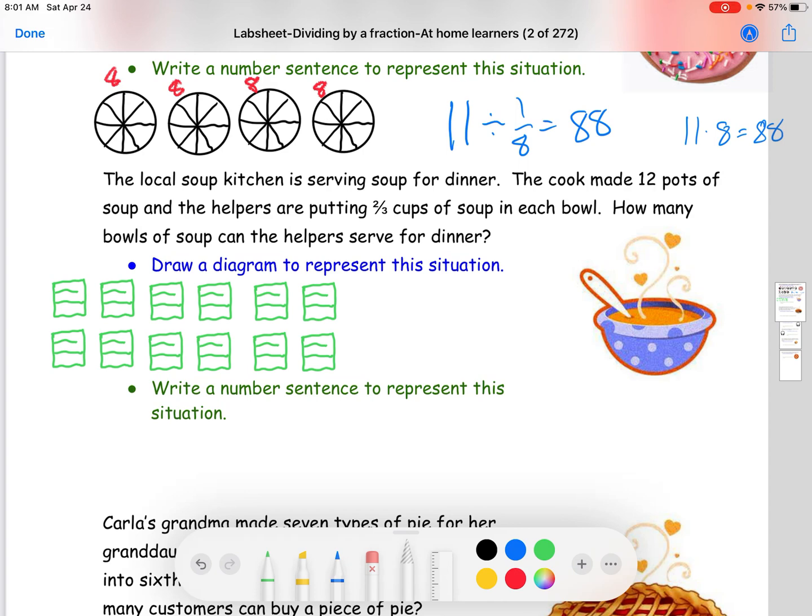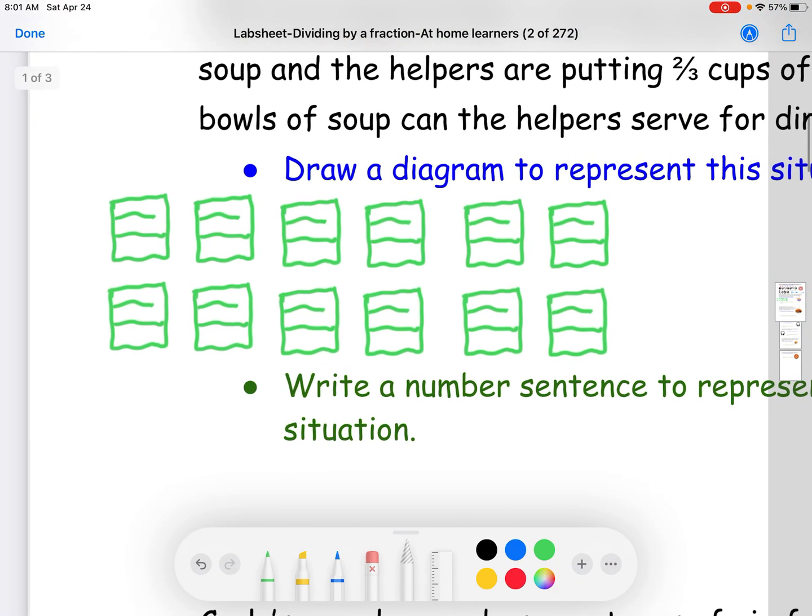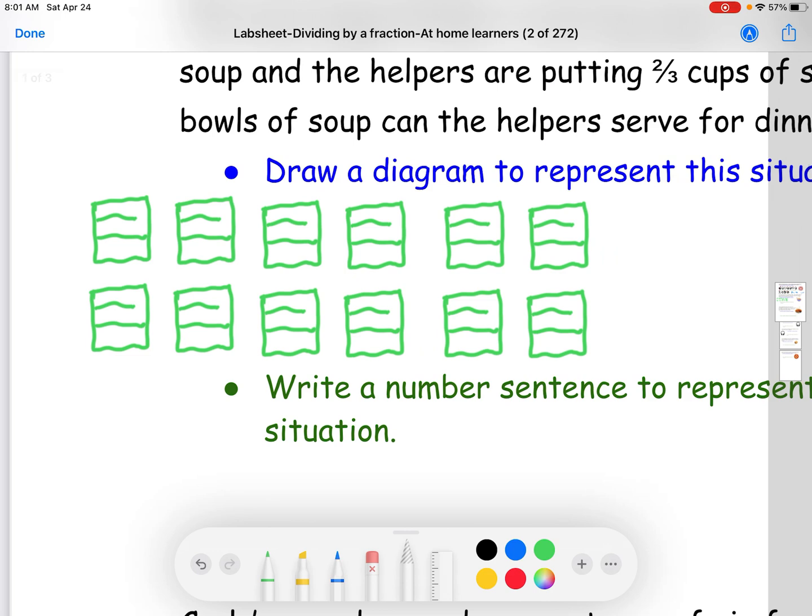That is a good question, actually. I'm going to have to assume that each pot is a cup, right? But that doesn't sound right. Well, we're going to have to go with it. So we're going to have to